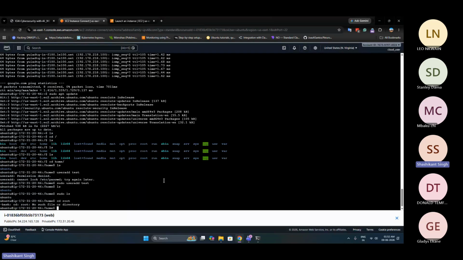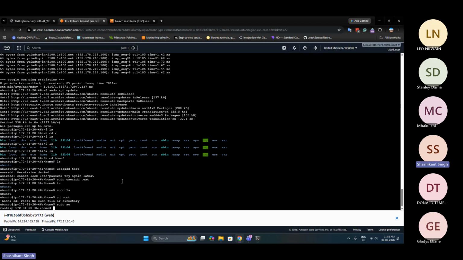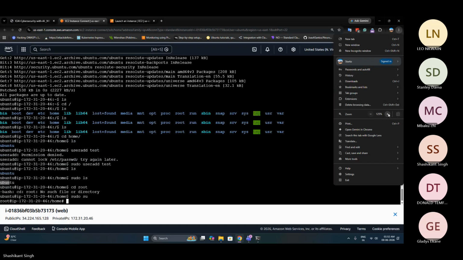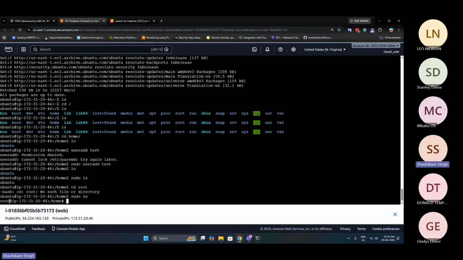For example, I log in as the root user now. If I do sudo and switch user, and I go to root, now you see this is root. I think it should be visible now. So this is the root user, right? I'm the root user now. And if I do ls now,